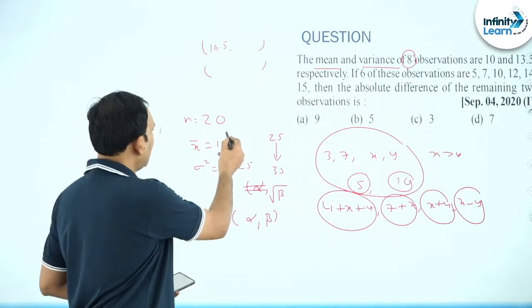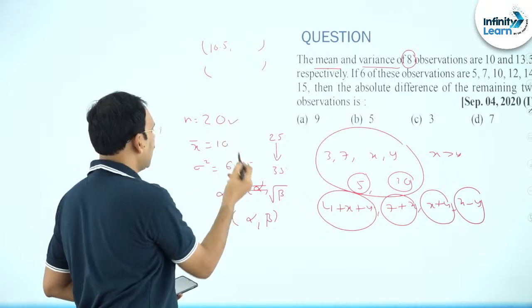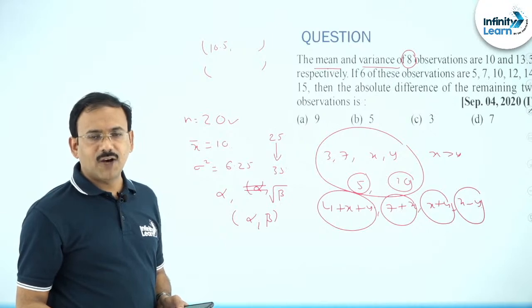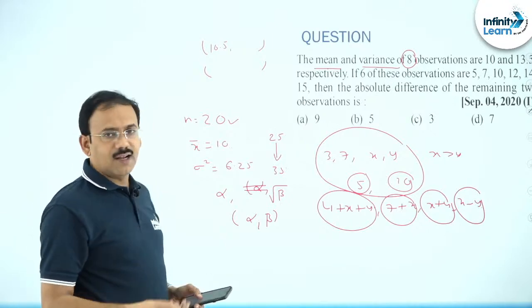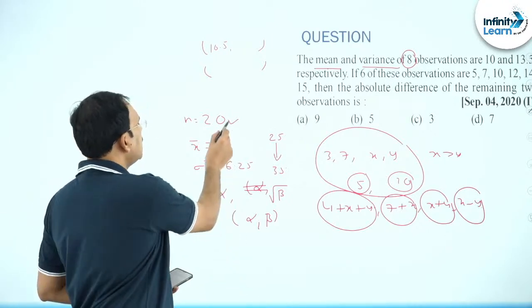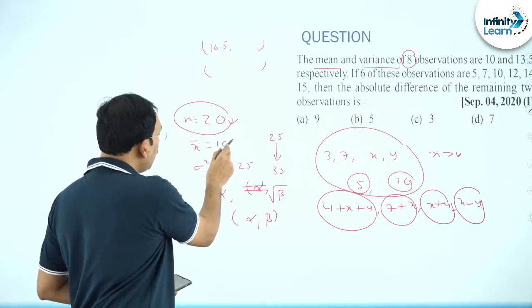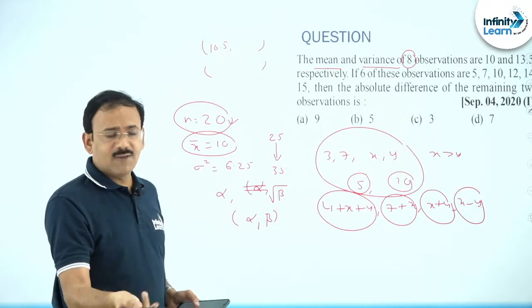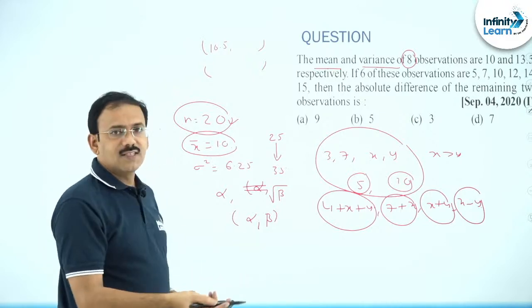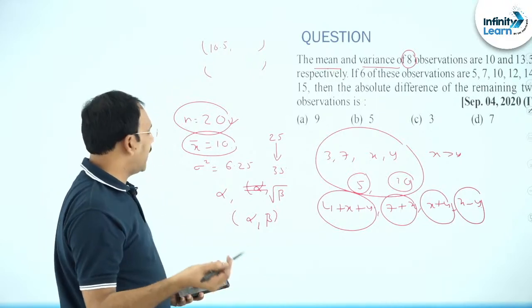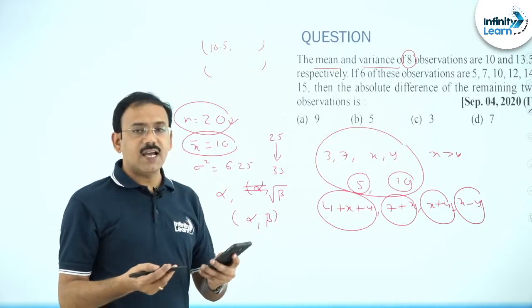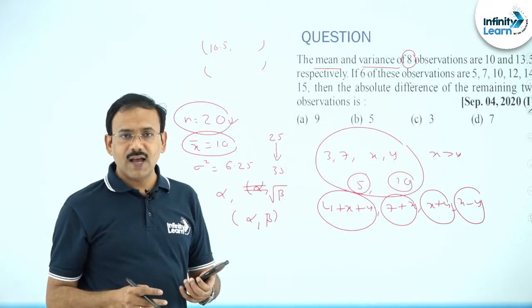You see, n is 20, x bar is given, mean is known. You can easily find it if you apply the formula, because for the new data n is going to be 20, the new mean is available as 10.5 in the options itself, and variance, sigma xi square by n, you can find. Or from each item you can subtract the new mean and do.